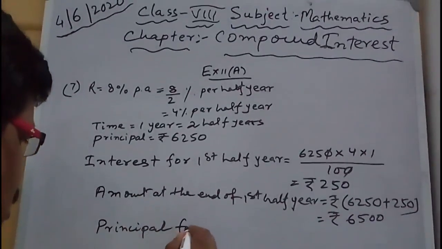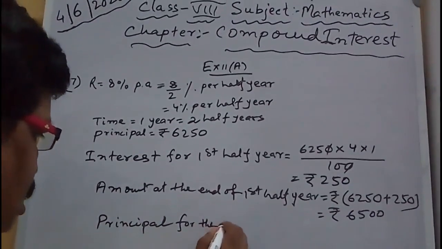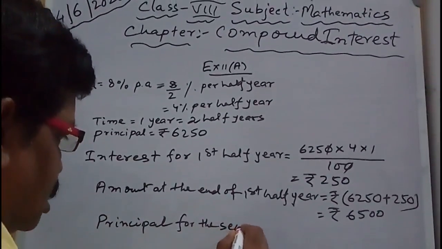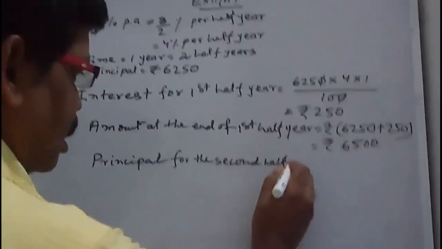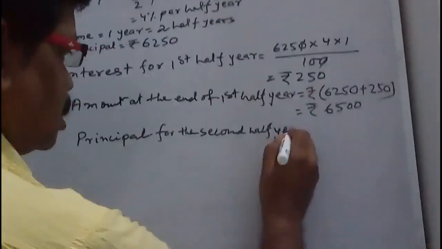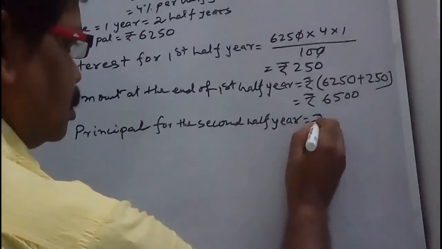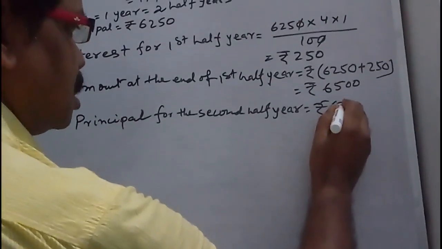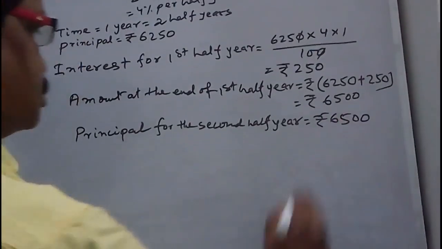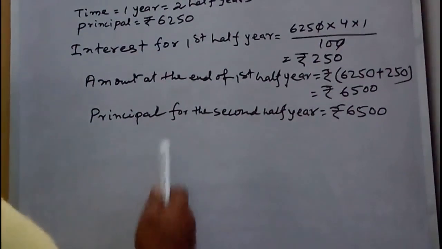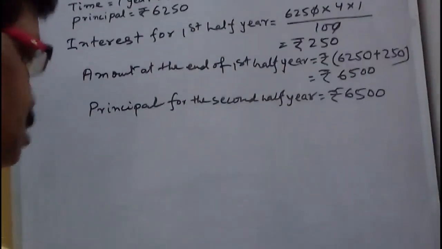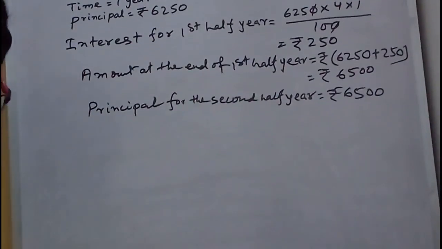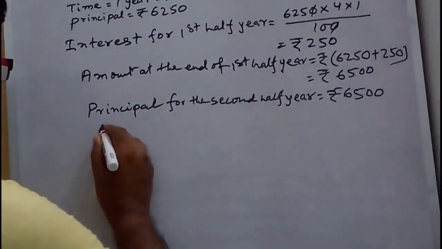So principal for the second half year equal to rupees 6500. Principal for the second half year equal to 6500. So interest